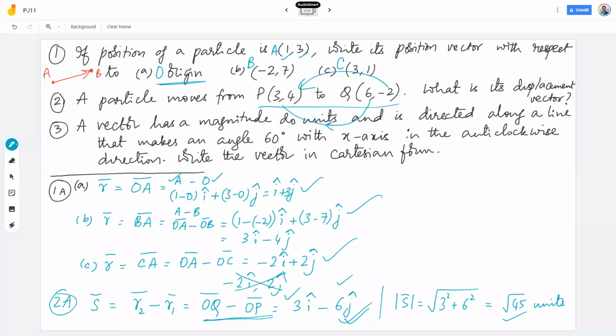Pranav, sir, we can't write OP minus OQ. OP minus OQ, can we write or not? He's asking. If this is final and if this is initial, you can write it. But in that question, what is the initial point and what is the final point? Initial point is P, final point is Q. Displacement is always final position minus initial position. This is point P. If this is point Q, this is how the particle is moving from P to Q. So you're looking at Q from P.